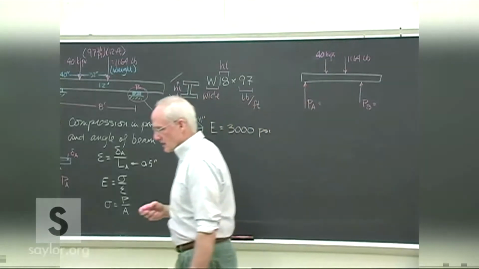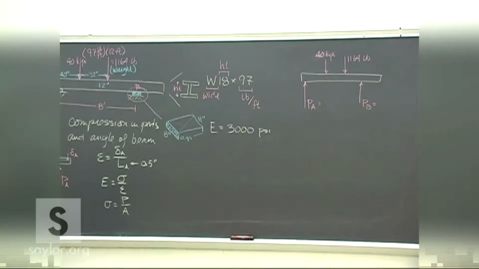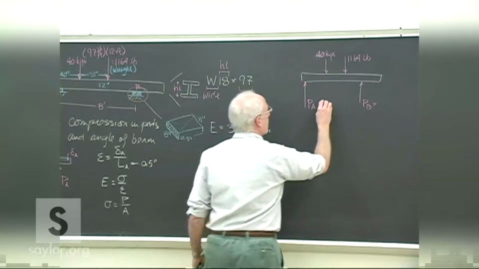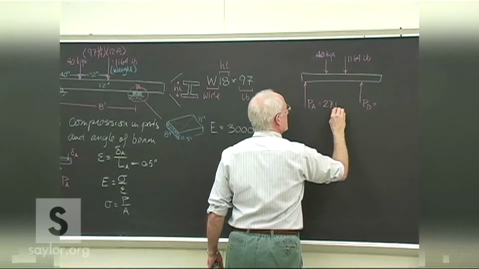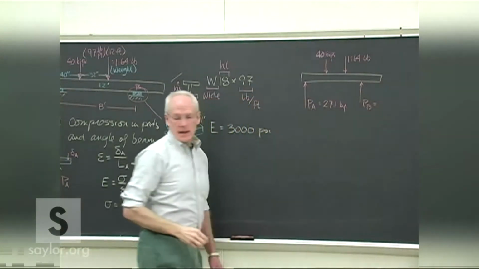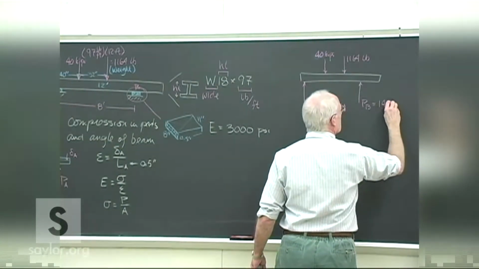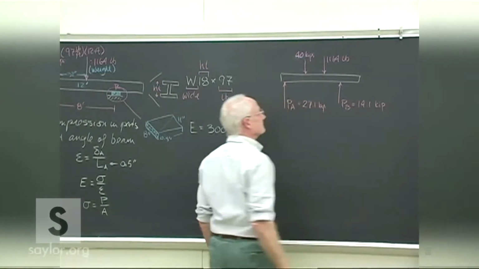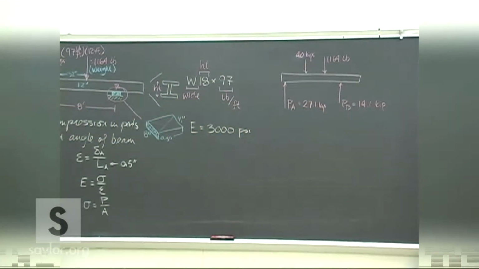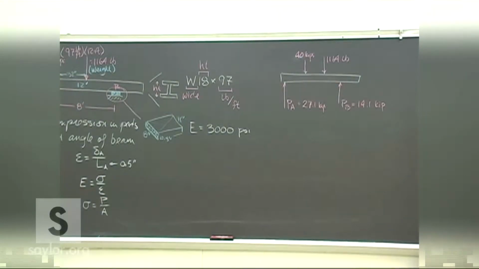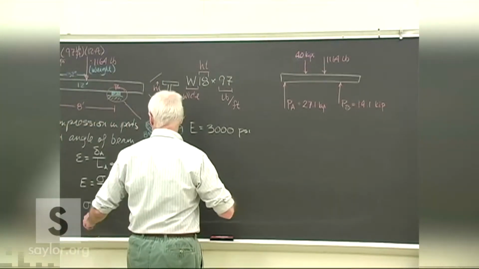I'll leave it as an exercise for you to prove that these loads are 27.1 kip at the left side and 14.1 on the right side. That's just from last fall. That's just statics, sum of the forces, sum of the moments, and you can solve for those two things. So continuing through then